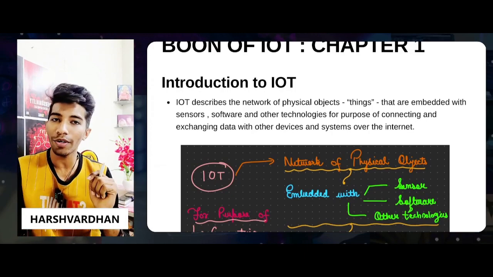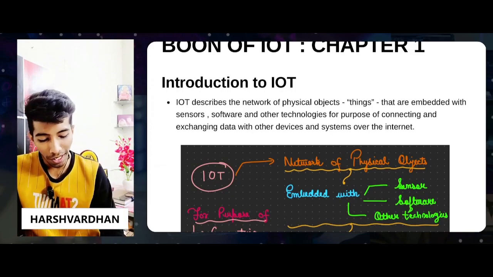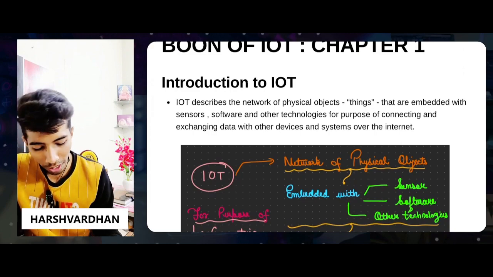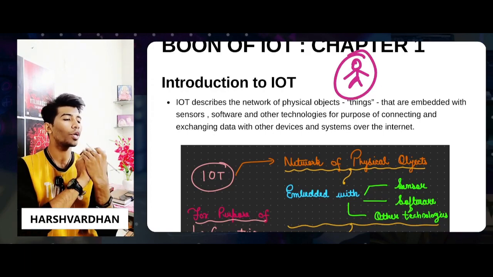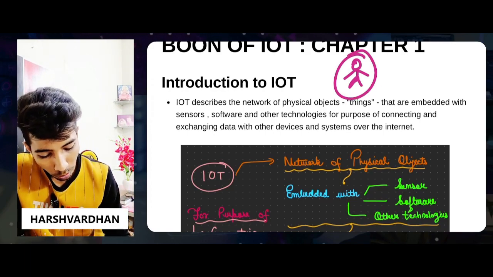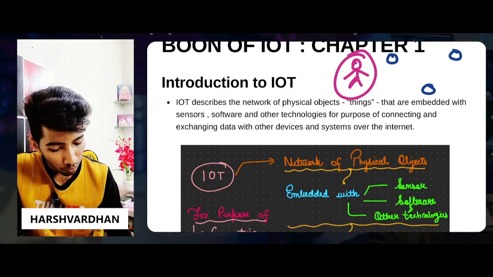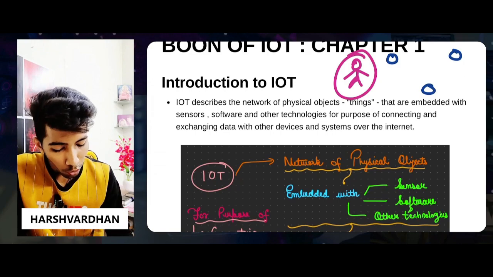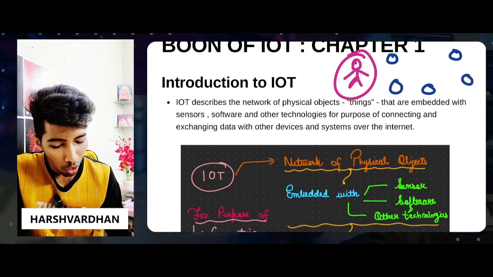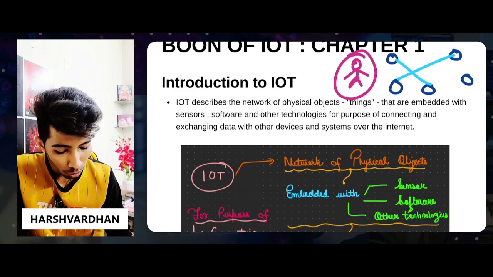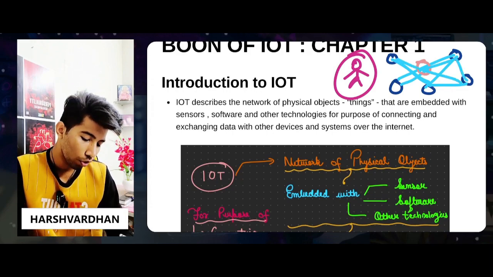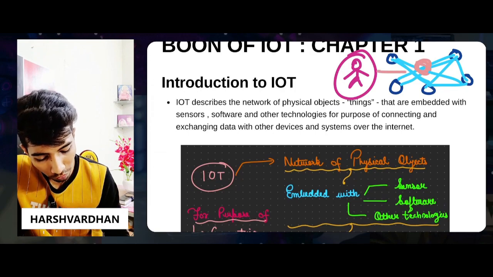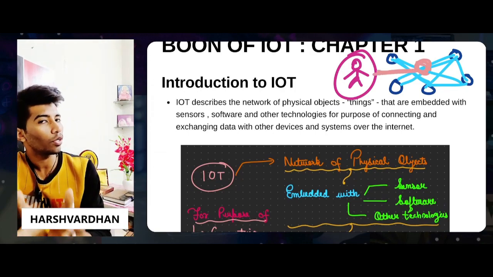So what we are understanding is that IoT is basically a network, right? How can I consider it? Suppose you take an example of yourself. You are in a home and you see the bulb, tube light, refrigerator, even your smart TV and your smart watch. They all are connected with each other and you can give commands by using your mobile phone. So these all are in a network with each other, in which you give the commands through your cell phone. So what is this? This is actually IoT or Internet of Things.